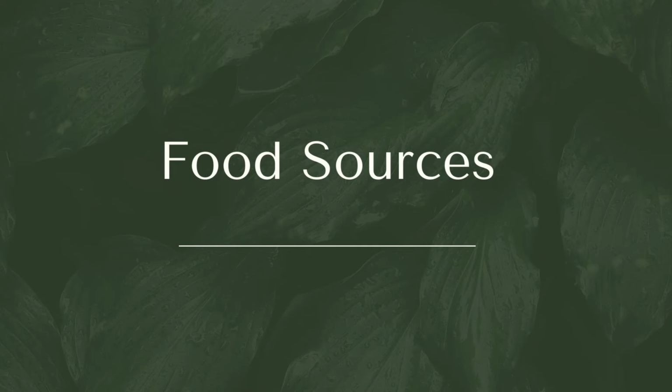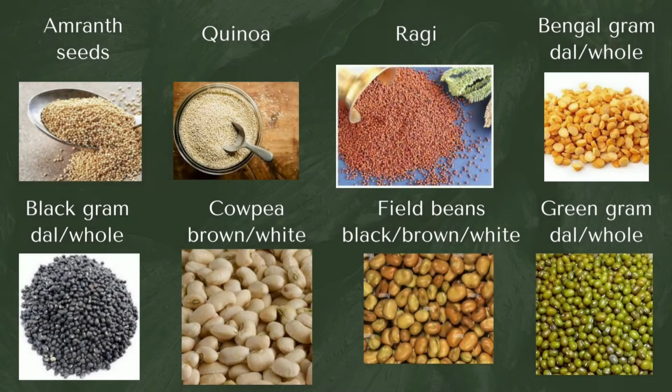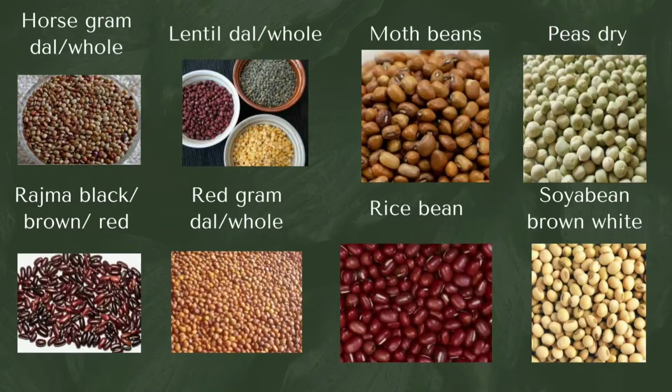Moving on to food sources. First, we'll see food sources that are high, that is above 400 mg. So that is amaranth seeds, quinoa, ragi, Bengal gram dal whole, black gram dal and whole, cowpea brown and white, field beans black, brown, white, green gram dal and whole, horse gram dal and whole, lentil dal and whole, moth